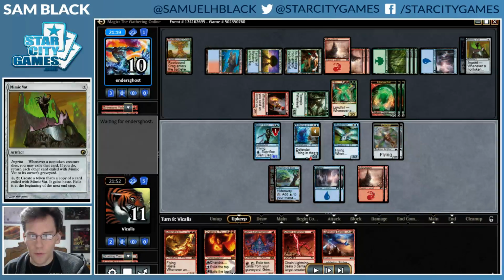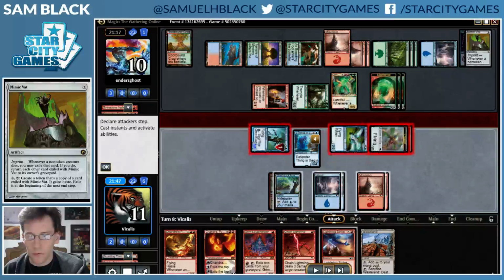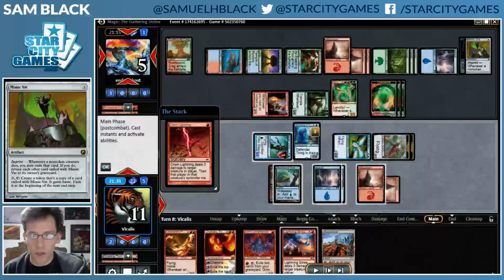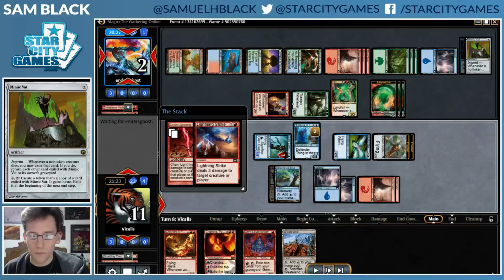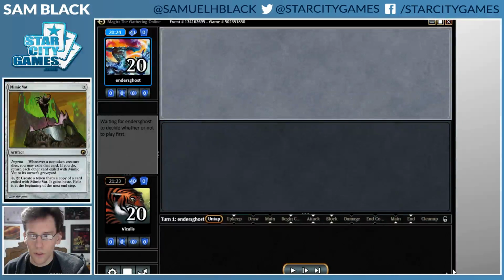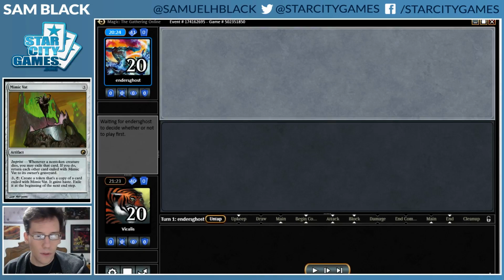But my opponent doesn't have enough mana to use Mimic Vat, and I can attack for 5 in the air, and then I have 6 points of burn to finish it off. So that's game 1. For game 2, I'm on the draw,